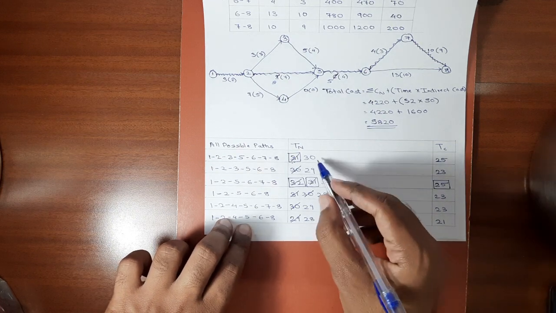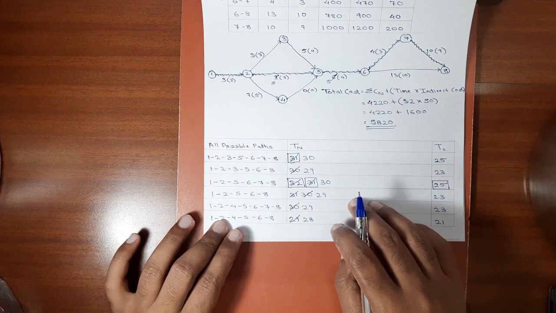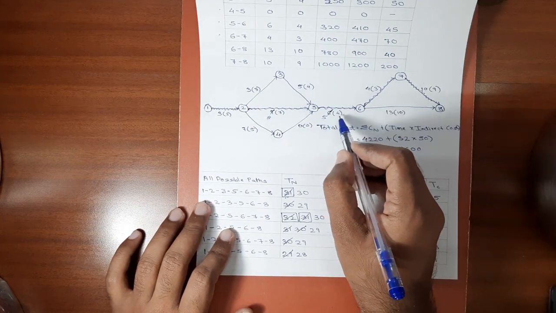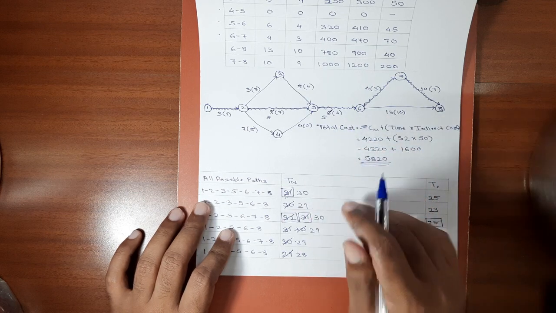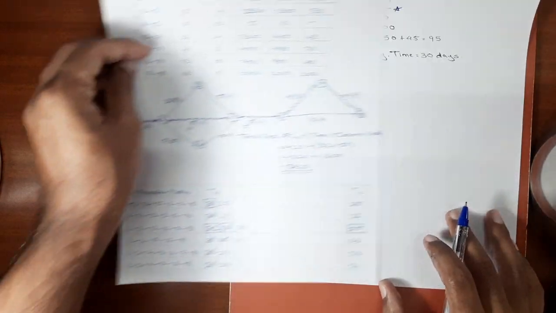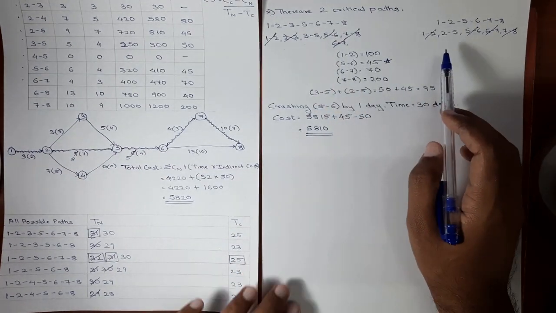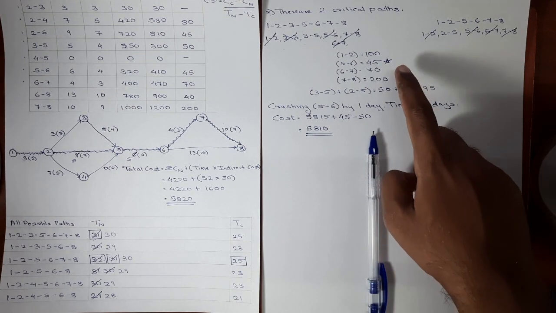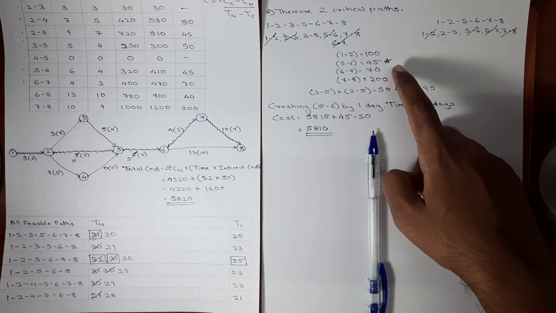Again, cost slope is same for these two paths, so there are same critical paths again. Plus there is still scope for crashing activity 5, 6. We have crashed it once, but still there is a scope for crashing. Now please pay attention. We have two critical paths. We listed out the common activities. We made combinations and we crashed the combination or the common activity which has minimum cost slope.